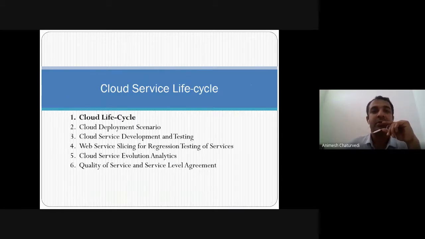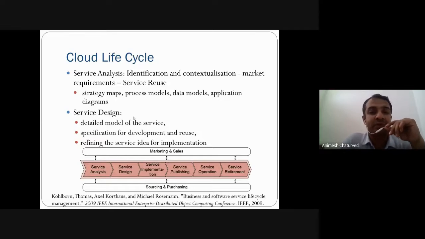So the cloud service life cycle. So the cloud service lifecycle, we are going to discuss how the development, testing, and maintenance phase works out. This is normal software engineering life cycle. So first of all, we are taking material from the research paper, and it's a good research paper,